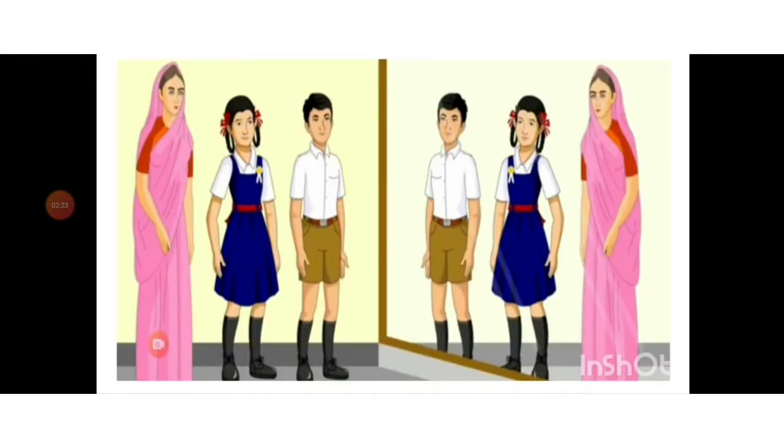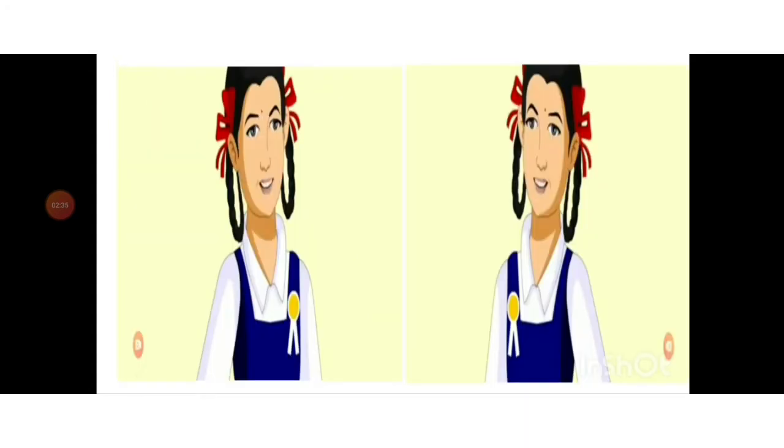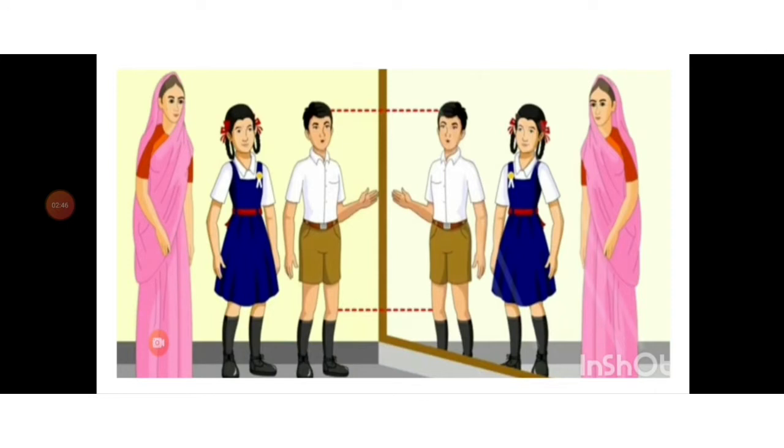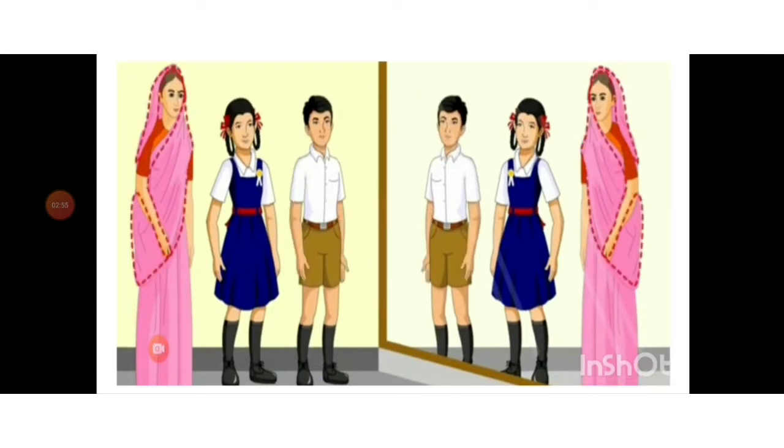Let's discuss. Anil, Sudha and the teacher observe themselves in a mirror. That's their image. What is different about it? You can see and tell. Sudha had a pin patch on her left, but it appears on the right in the image. Anil's image in a mirror is as far behind the mirror as he is in front of it. The teacher's pallu is on her left shoulder, but in a mirror it appears to be on her right shoulder. Their images are symmetrical with reference to the mirror.